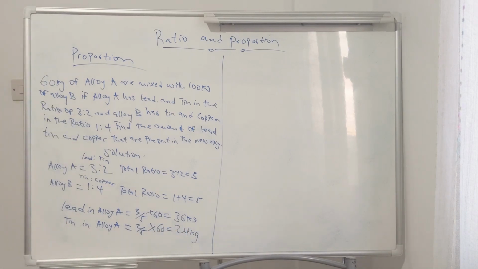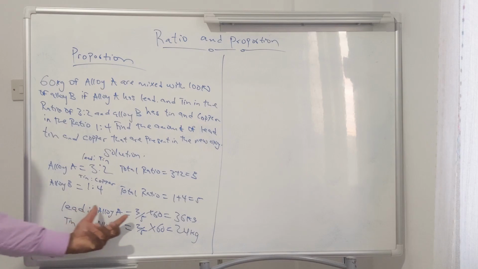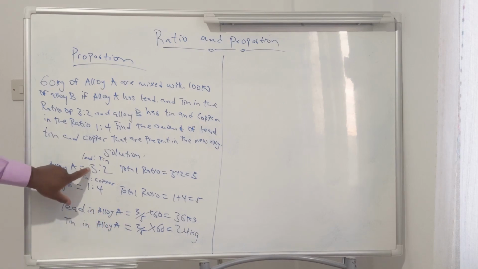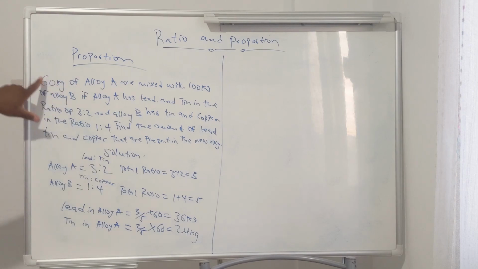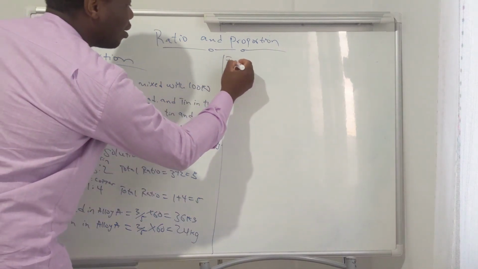We are finding the amount of lead in alloy A, which is 3 divided by the total, which is 5, multiplied by the total amount, 60 kg for alloy A. Same thing follows for tin. So now let's go to alloy B. For the second alloy,